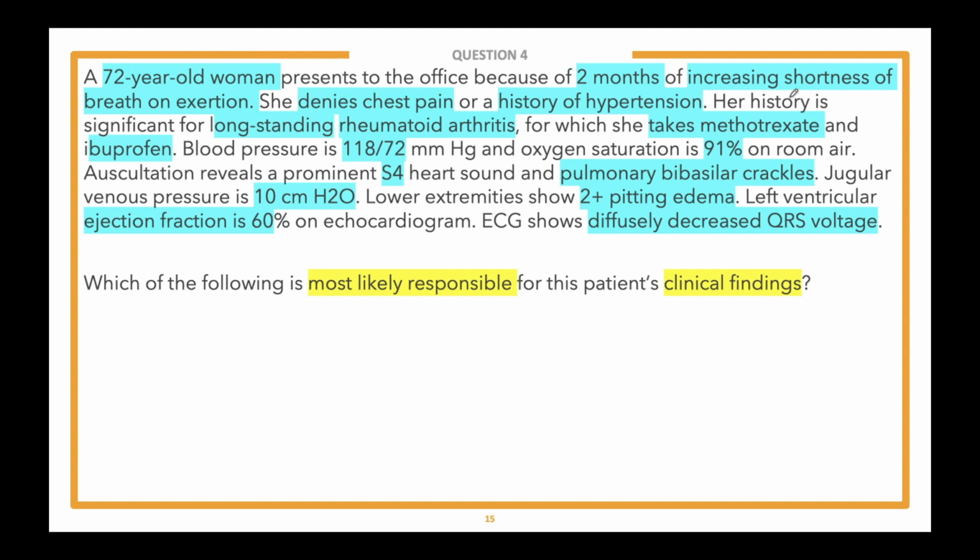As we know, we're doing cardiac pathology, so it's important to take note of these, especially the ones that are abnormal, but also ones that can be helpful as well. Then they give us some echo findings, EKG findings, and obviously we're going to have to use some of that knowledge about those exams to really help us figure out what's going on in this question and also do well on Step 1 when it comes to cardiac pathology. Then we go to the lead-in, and it's asking what's most likely responsible for the clinical findings. In terms of how many steps this question is, I think one: we need to figure out what's going on in this patient. What are these clinical findings getting at?